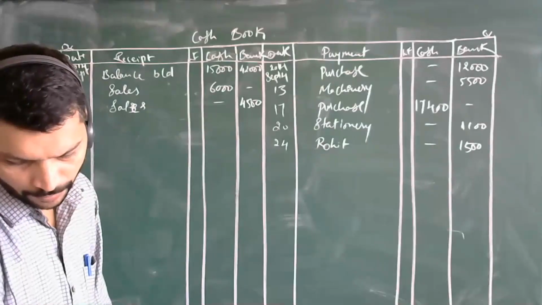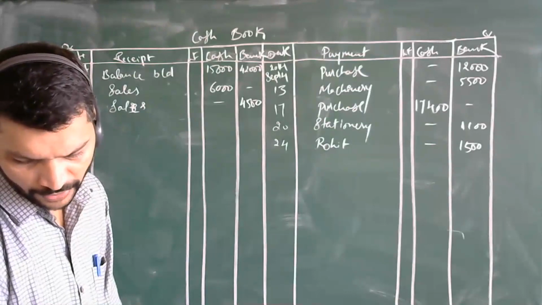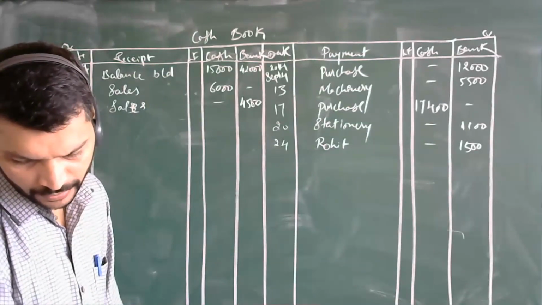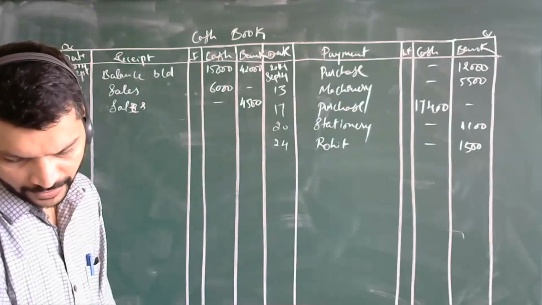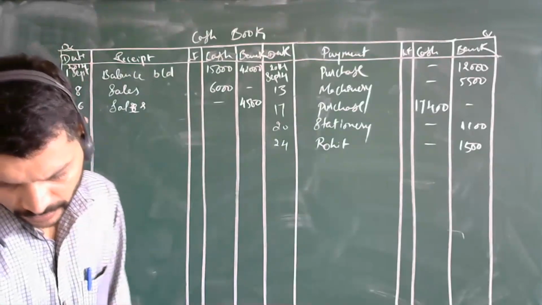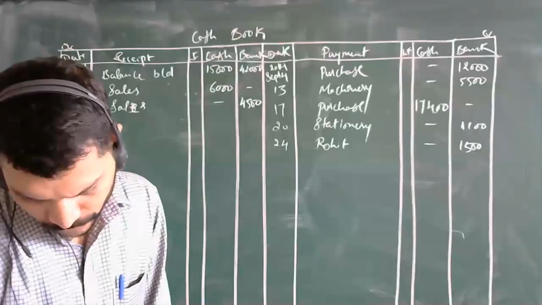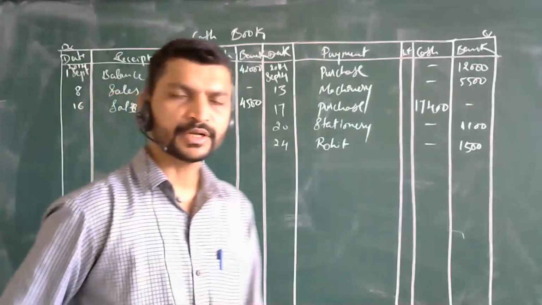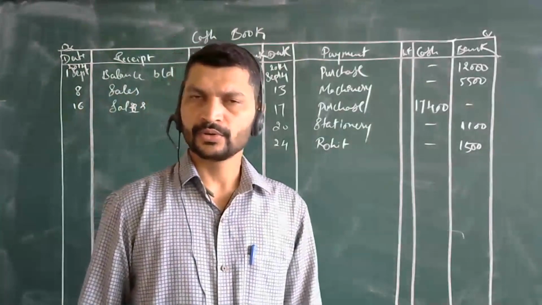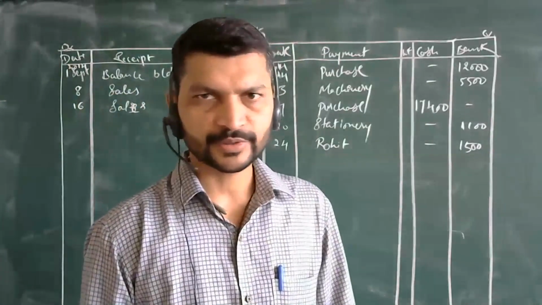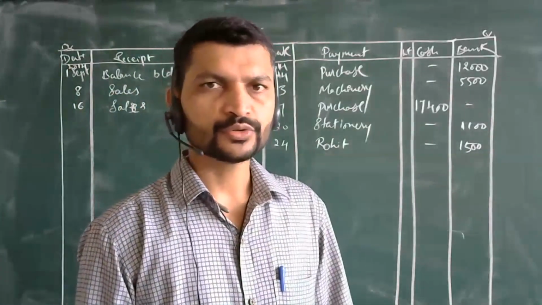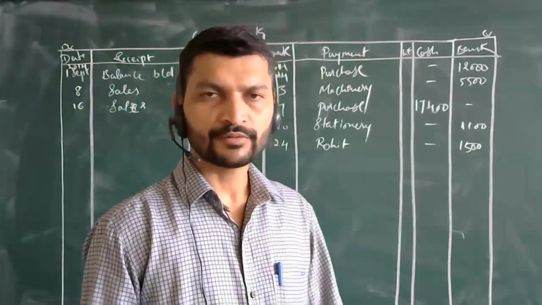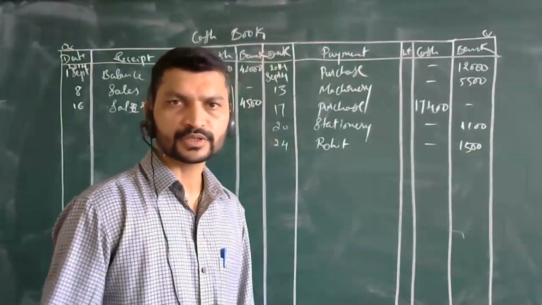Cash withdrawal from bank. You have withdrawn from bank. Cash means what it will be? From bank, you are withdrawing the cash. Okay, for your purpose. It is personal purpose and all. It is not been told over here. You are withdrawing the cash is been shown, but you have not told whether it is for personal or any other things. In your business only it is.